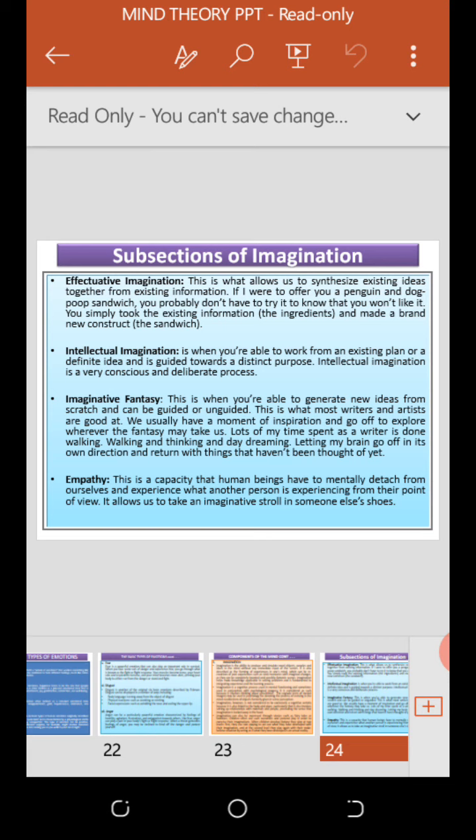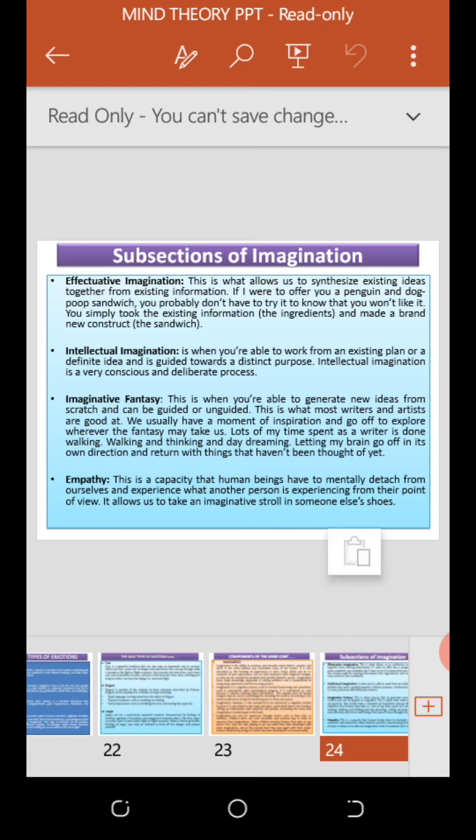Then the second one is intellectual imagination. This is the habit of working from an existing plan or a definite idea and guiding that idea towards a distinct purpose. You have imagined something, and how will you now put the level of intelligence into what you have imagined? When you imagine something and you attach a level of intellectual capacity to what you have imagined,